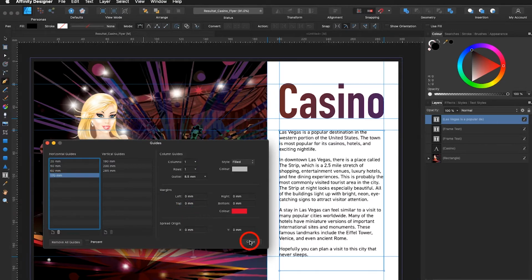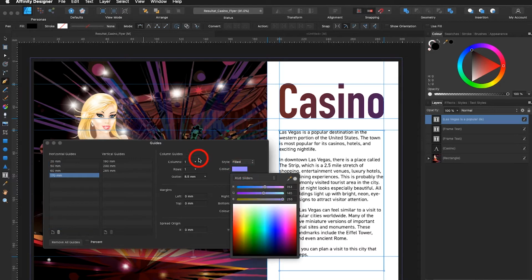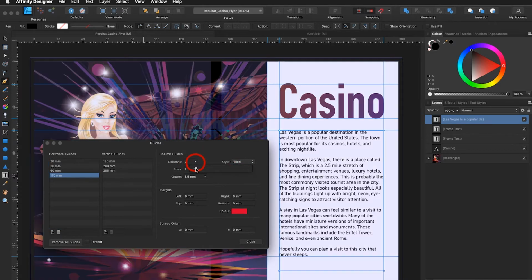What I also would like to show you now, while we have that open, is the column guides. The column guides are on the right. I already have a color selected here. It's a light gray. You can at any time select a different color. Let's say I would like to have a darker gray. Then I go in here and I select the columns, and you can see already I can adjust the columns, and I can also adjust the rows, and you can create some kind of a grid,